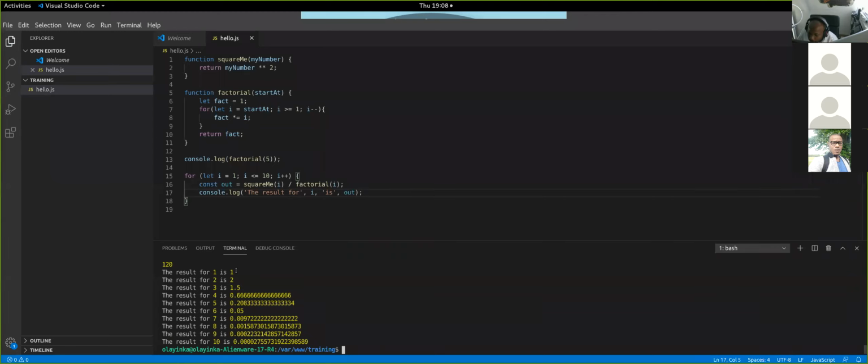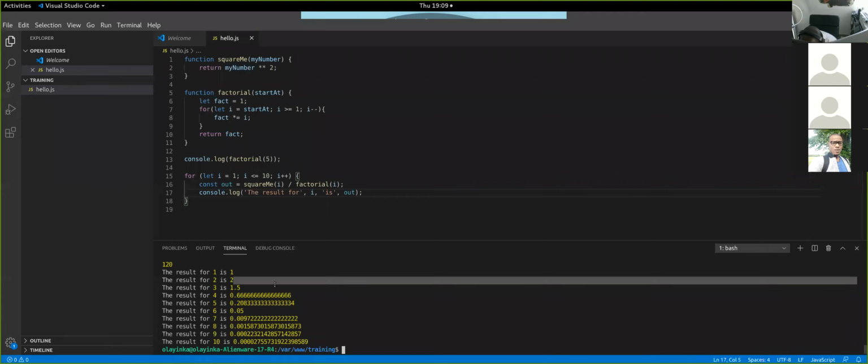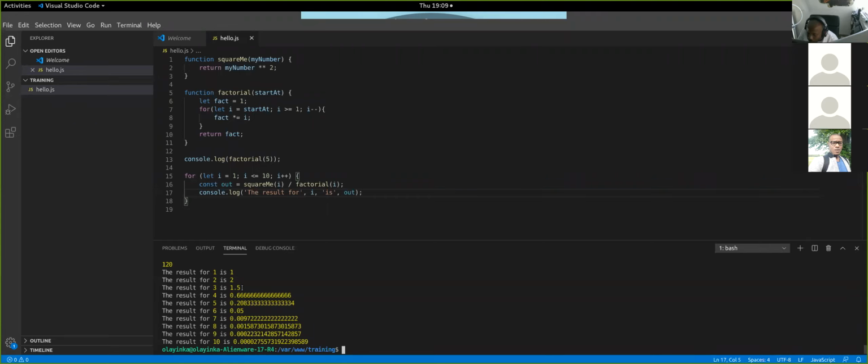1 squared over 1 factorial is 1, because 1 factorial is 1, right? 2 squared over 2 factorial is 2, because 2 squared is 4, 2 factorial is 2, 4 divided by 2 is 2, so the answer is 2, right? Now, 3 squared over 3 factorial is 3 times 3 is 9, 3 factorial is 3 times 2 times 1, that is 6. 9 over 6, 9 divided by 6 is 1.5,